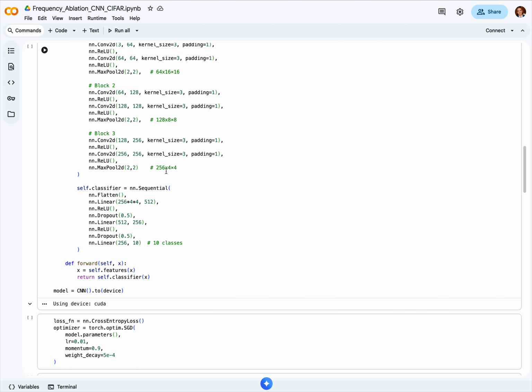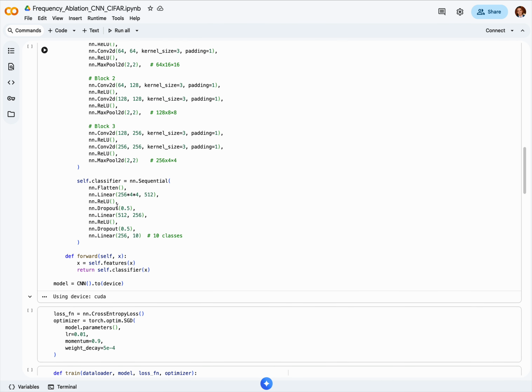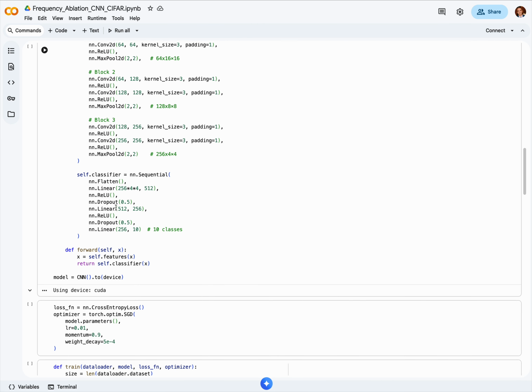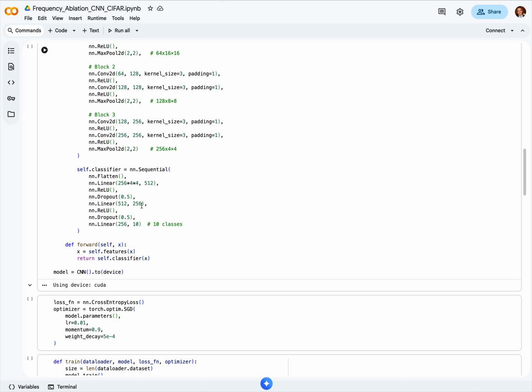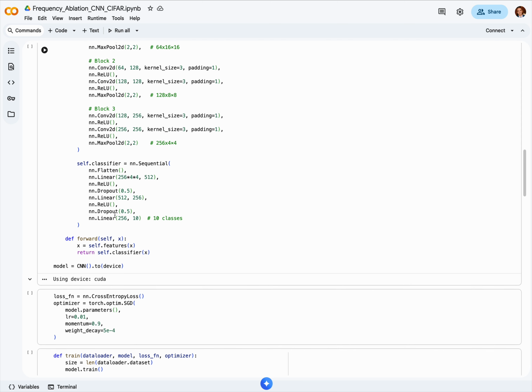First, we have to flatten this. So we have a flattened layer, and then we submit the flattened output, which has a size of 256 times 4 times 4, just a vector, as the input of our first linear layer, and we reduce that to 512. We add a ReLU layer and a dropout layer. We'll come back to the dropout layer. Then we get the output of this, which has a size of 512, and submit it as the input of our second linear layer. And we further reduce its size to 256, another ReLU, another dropout,